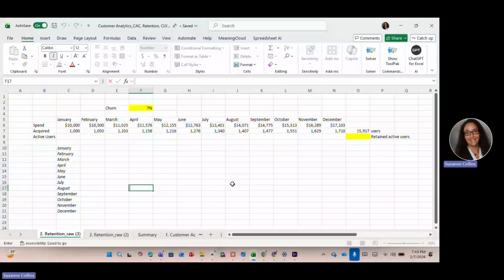And customer retention takes into account the churn rate, which in this particular example is 7%. So we'll have 93% remaining. In January, we acquired 1,000 users, so we would have 1,000 users left. But in February, after the churn rate is applied, it's going to be reduced